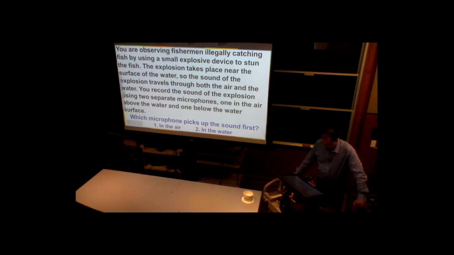So the question is, let's see. You are observing a fisherman illegally catching fish by using a small explosive device to stun the fish. The explosion takes place near the surface of the water. Okay, so the sound wave travels slightly above the surface in the air and slightly below the surface in water. Relative to you, of course, it takes different time because they travel at different speeds. The question is,